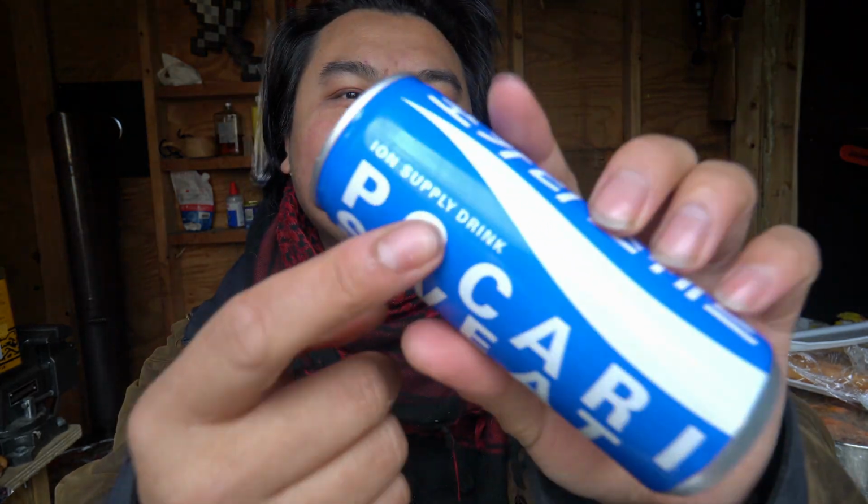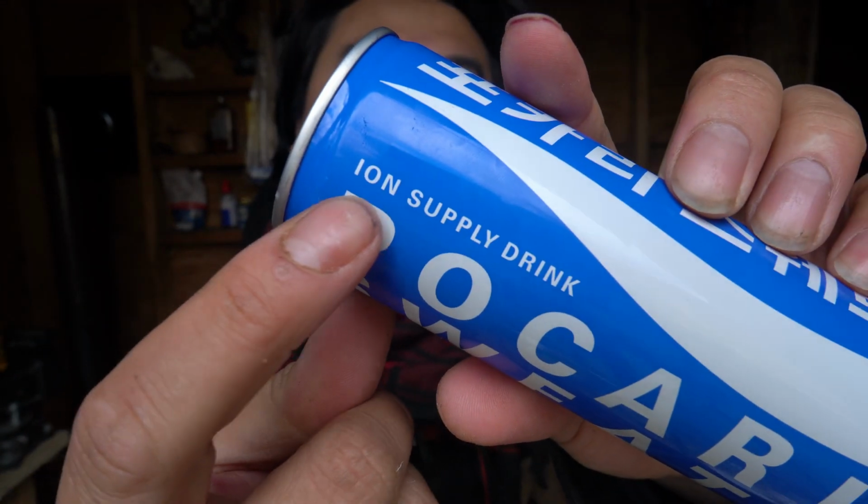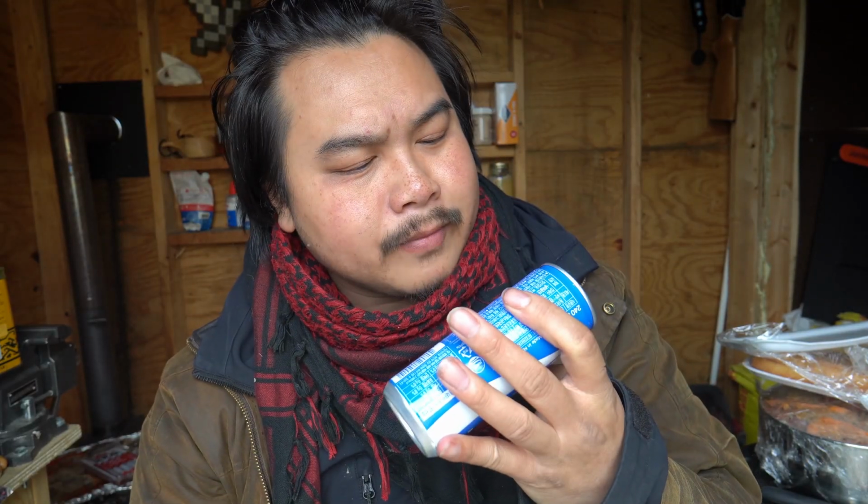There's no carbonation. There's a hint of citrus, kind of. It tastes almost like Gatorade. It says ion supply drink on it too. Right there, ion supply drink. So yeah, it's likely a...